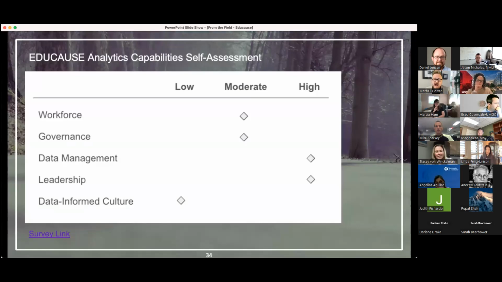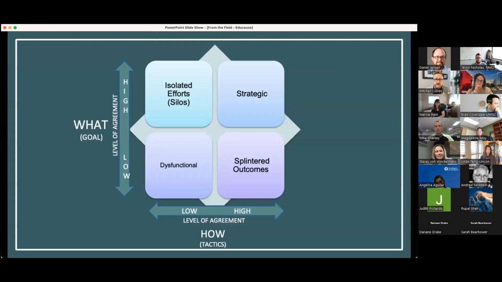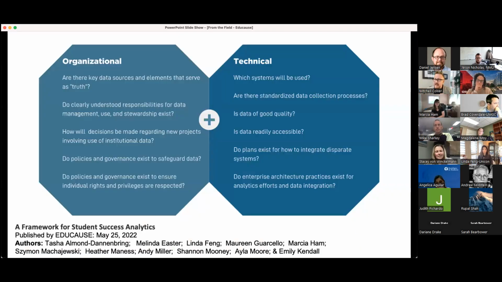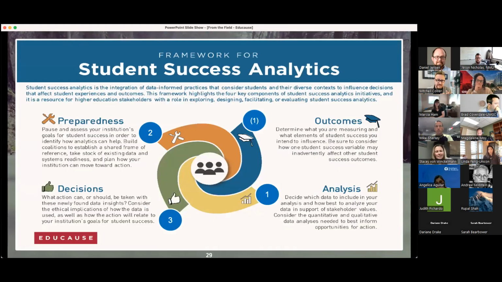You might be saying, how, if I'm not quite there yet, and I also have noticed that maybe I'm not in that what-how agreement, if I'm not in the strategic box, if I'm in that well-functioning majority or low-functioning minority, you might be in an institution where you're just pulling your hair out. If you want to move towards high functioning, and you want to get that 4 to 5 times ROI,